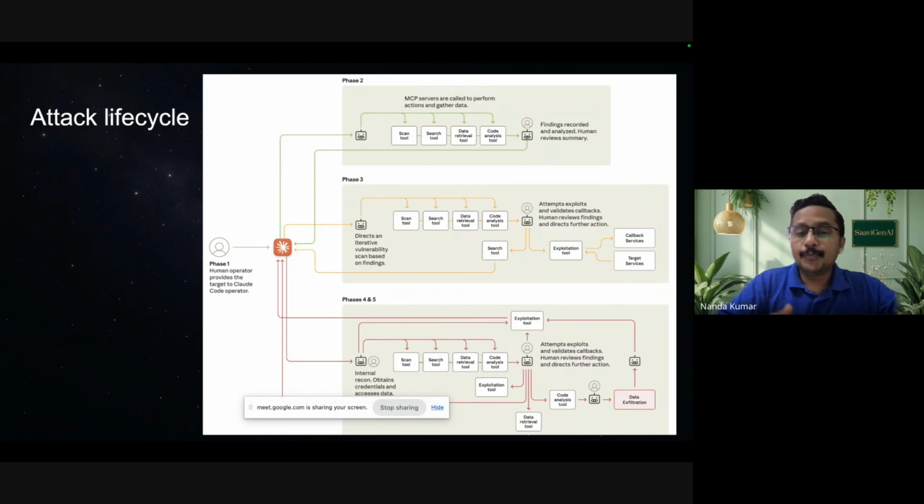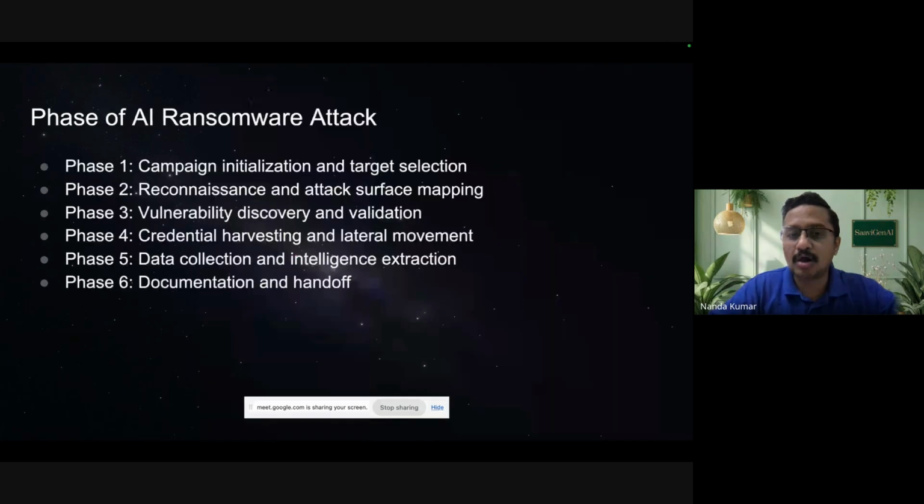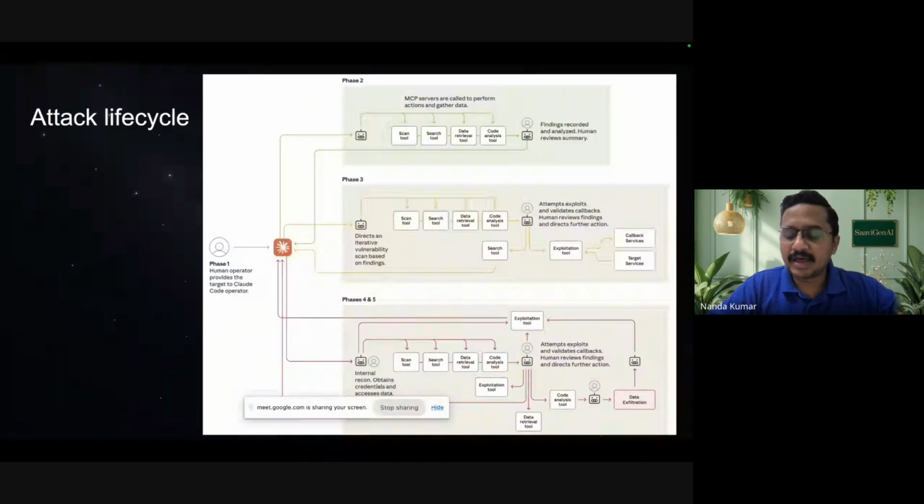By now, the Claude Anthropic team has their own SOC center, and they were able to see some suspicious activity, and they got suspicious, and then they started investigation. Within 10 days, they blocked the hacker's account, and then they informed all the 17 organizations about the ransomware attacks that are happening in their organization, and then they informed the government also. They took a lot of actions. Unfortunately, fortunate or unfortunate, they did not disclose all the 17 organizations that got affected, or disclose all the prompts that were used by the hacker.